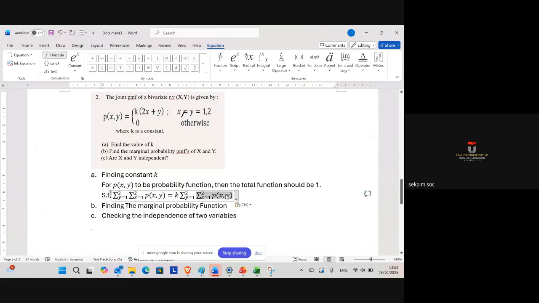We substitute the function, but take k out of the sum, so it remains 2x plus y. And this equals the sum over the possible pairs of values for x and y. So we get k times